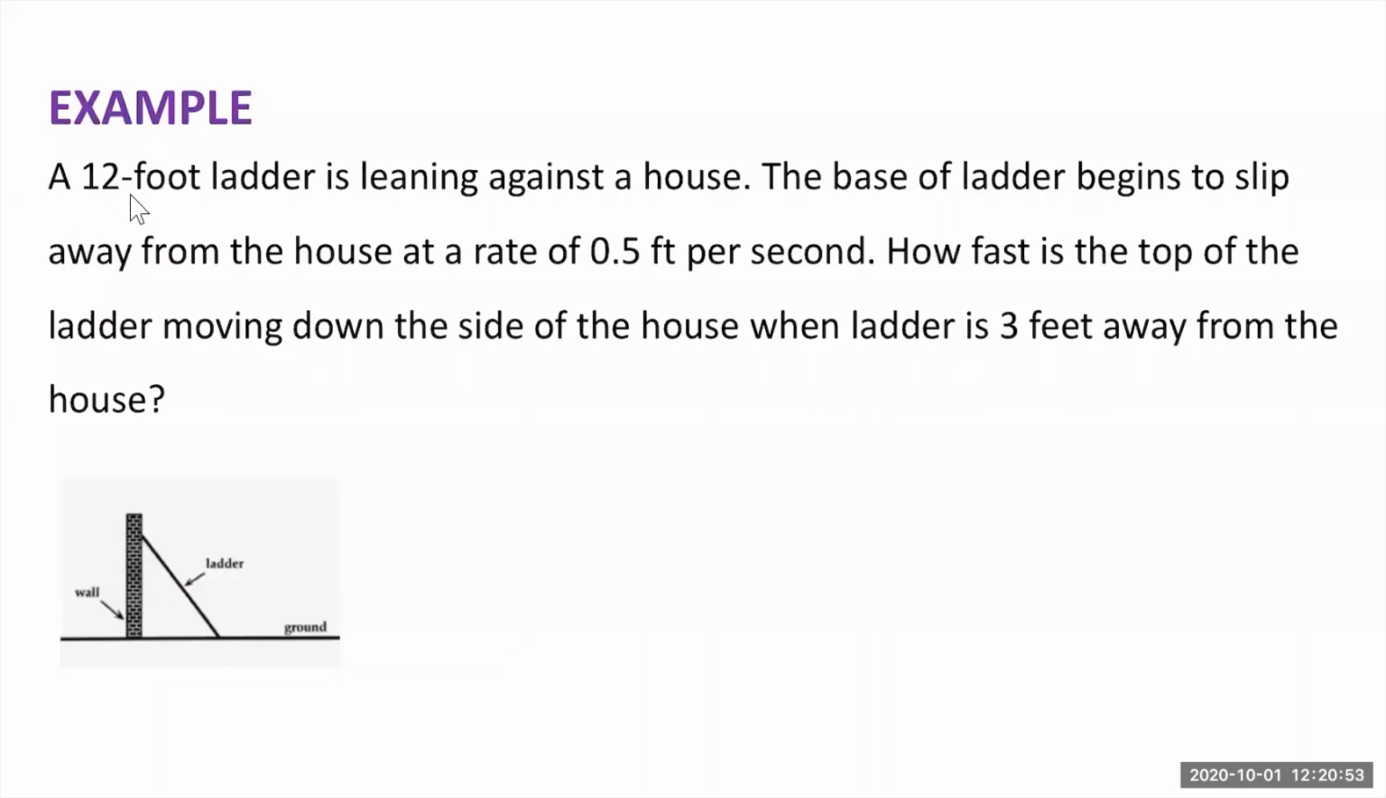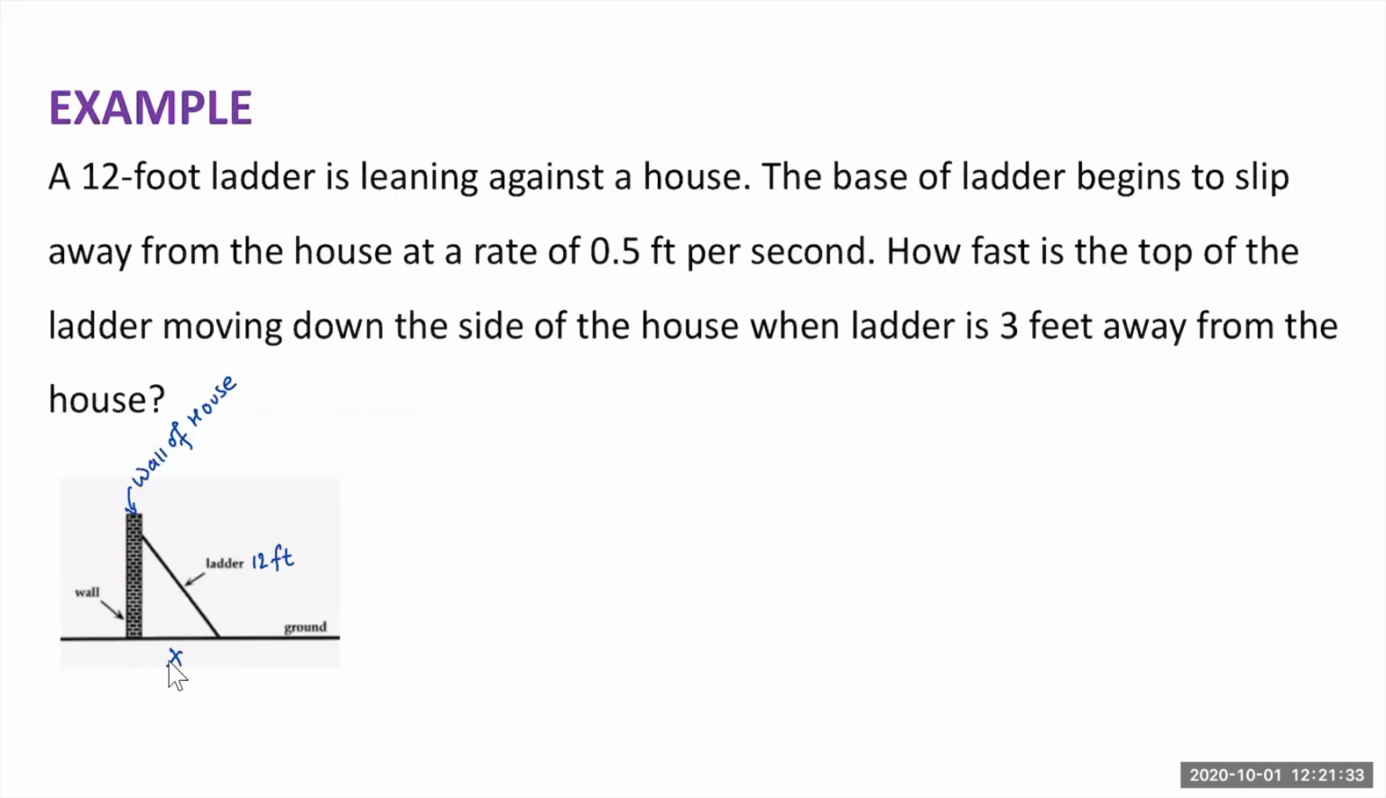Example: a 12-foot ladder. This one is shown in the picture, this is 12. A 12-foot ladder is leaning against a house, and that is the wall of the house. The base of the ladder begins to slip away from the house. I don't know what this distance is from the base of the house up to here. If this is x,